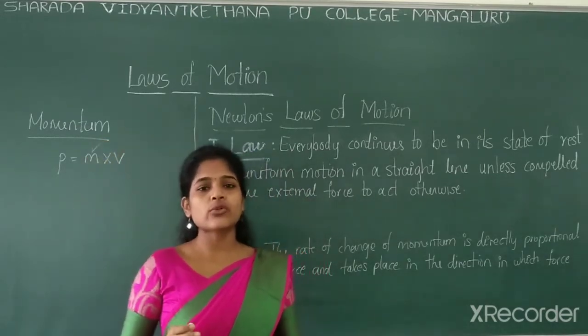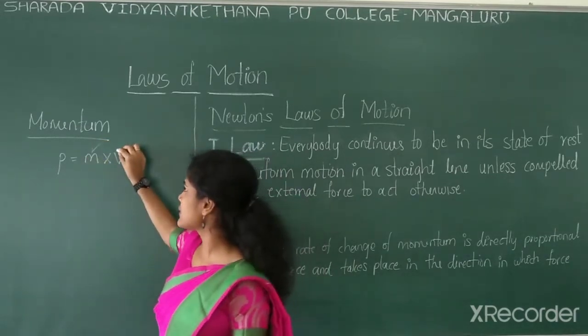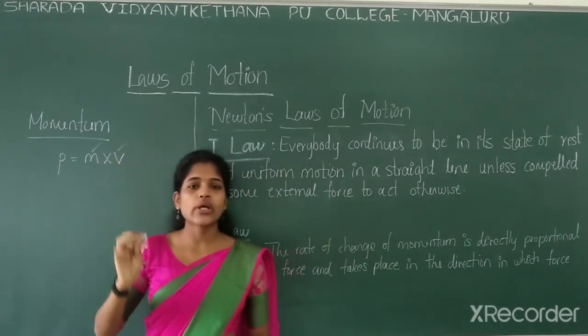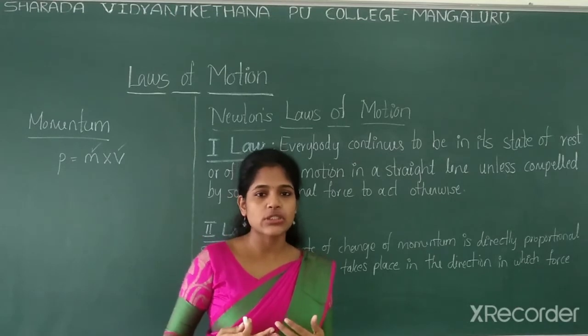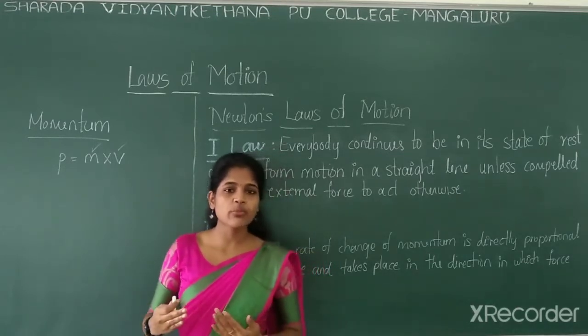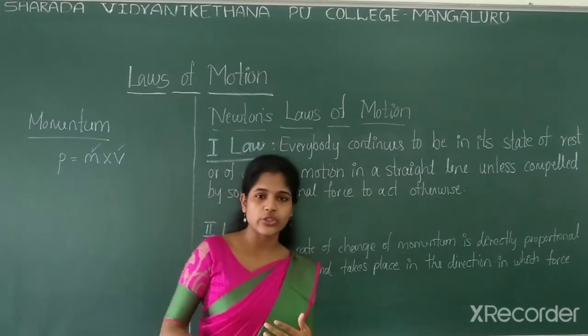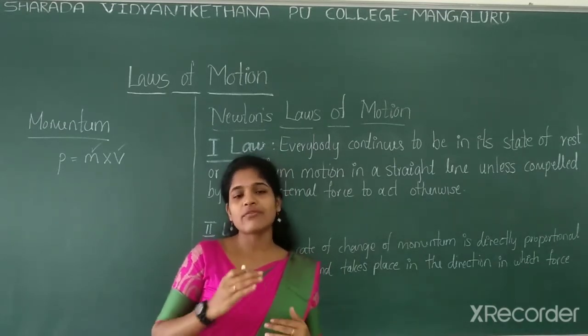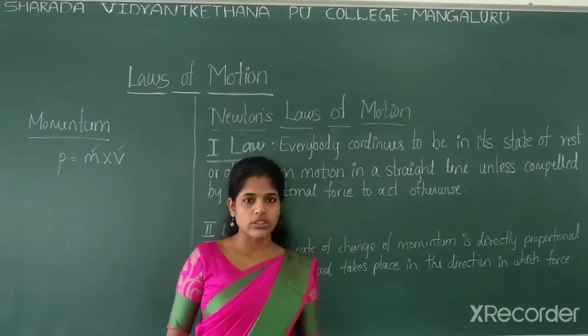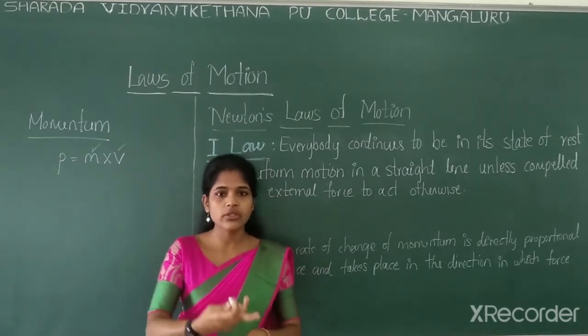Okay. So next we'll consider one instance for velocity. A bullet fired from a gun with high velocity can pierce a human body easily and cause more injury. In the same way, if we compare a bullet fired from a gun with low velocity, it will cause less injury compared to the first one.